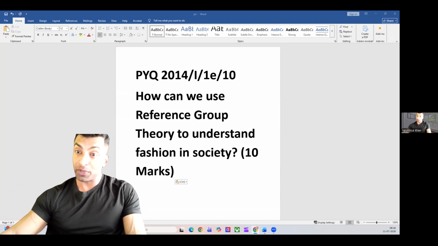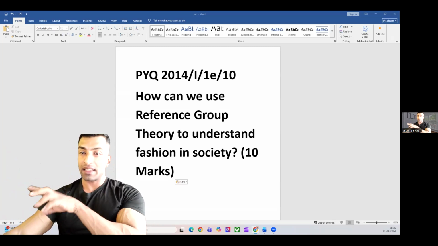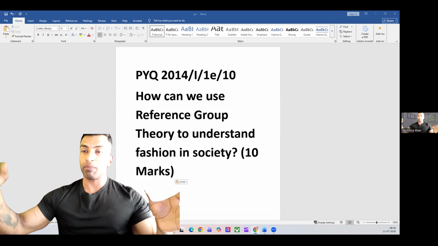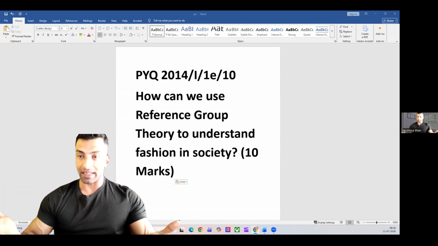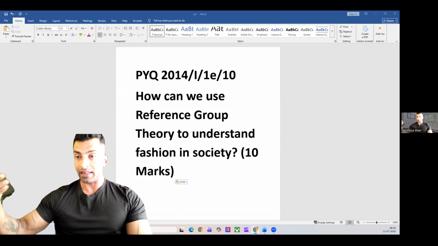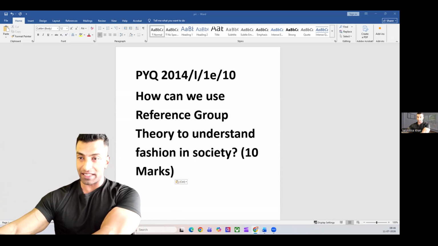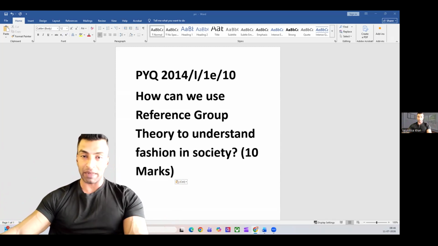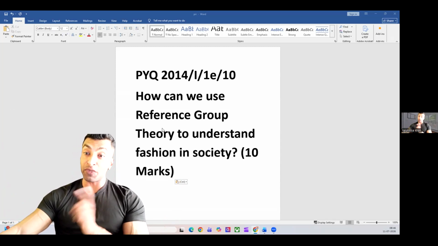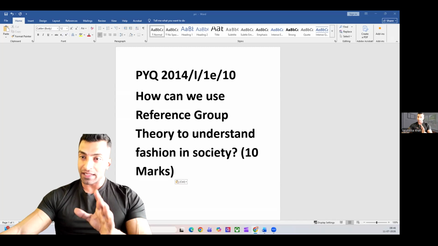reference group according to Merton. Why do we need to consider that group as a reference group for me? In which context? Let's say I take Bollywood celebrities as my fashion icons, right? Why do I try to be like them, and why do I try to anticipate or go with anticipatory socialization? All those I need to mention, and then you also briefly have to mention dysfunctions of reference group, and then you need to conclude.